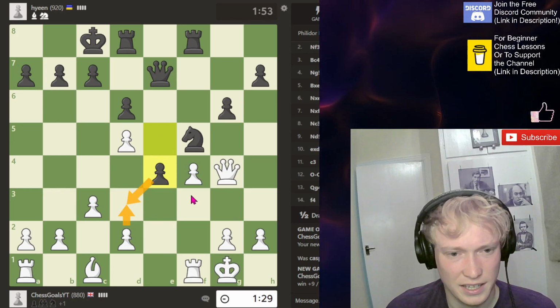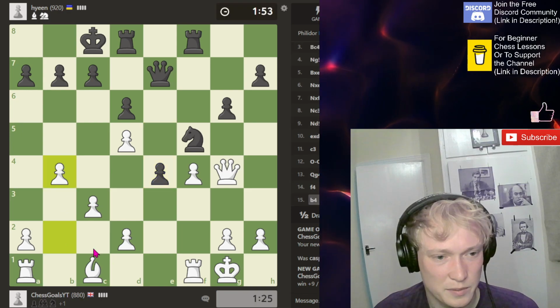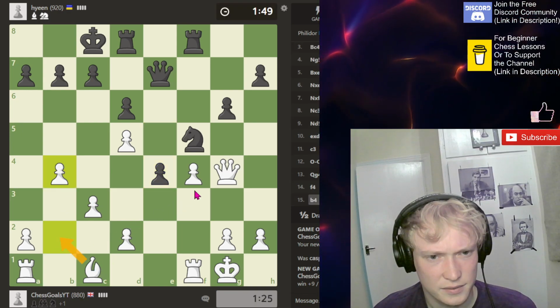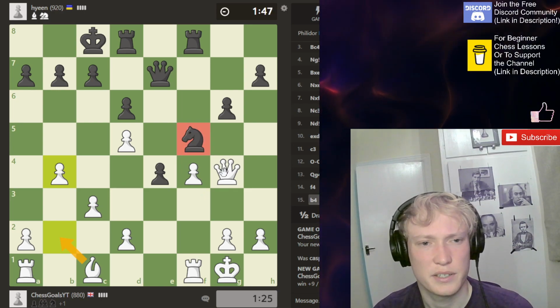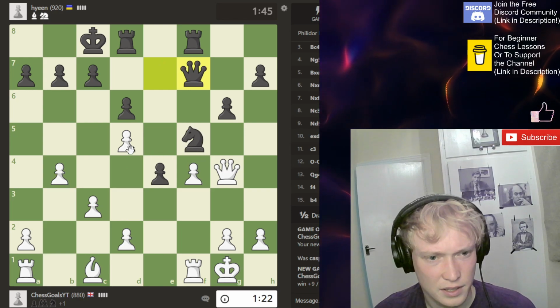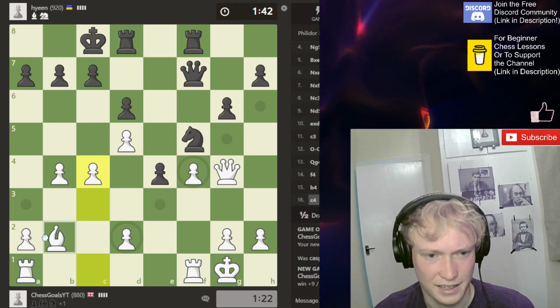So this, if takes, does it give me anything? I've really got to get my bishop out. So let's come out this way. Knight still pinned, which is nice. Maybe they just slide the king over at some point. They're targeting this pawn, so let's just reinforce it. And then finally we get...